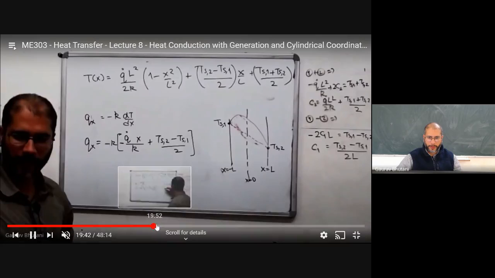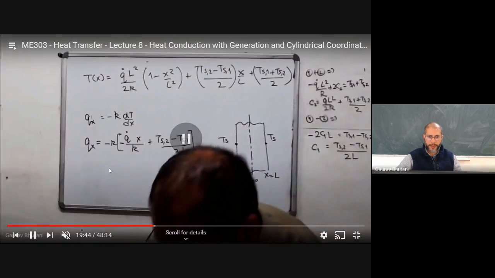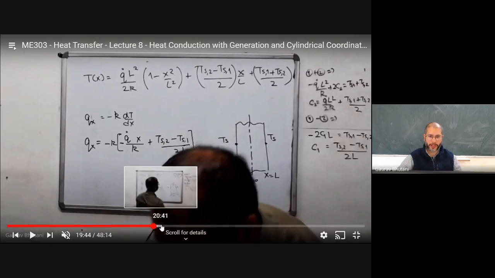So this I demonstrated, and I also showed that the Qx, that is the rate of heat flow, the watts, was a function of x. For this reason, we could not define a thermal resistance for this case, because Q in this case is not simply a constant. It changes with x.